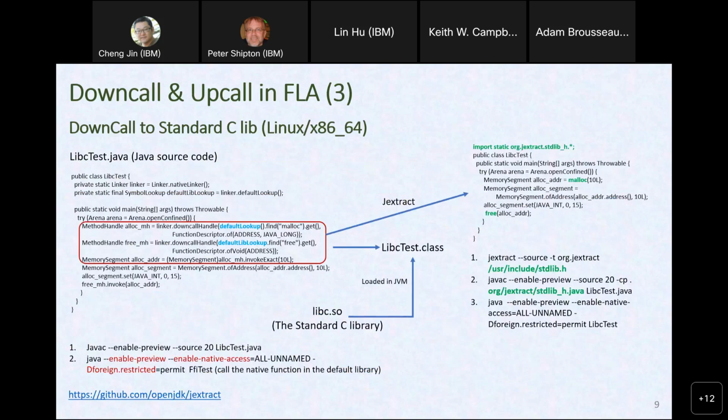This is a simplified FLA framework, but it shows the key relationship between these artifacts and how they interact with each other to get jobs done. From the OpenJDK perspective, FLA is a huge independent artifact built on top of the OpenJDK method handle, because it needs a method handle to do the native invocation. And it also relies on the foreign memory APIs to allocate and access the memory for the aggregated data. When performing the downcall or upcall in applications, you just need to use the public linker APIs,